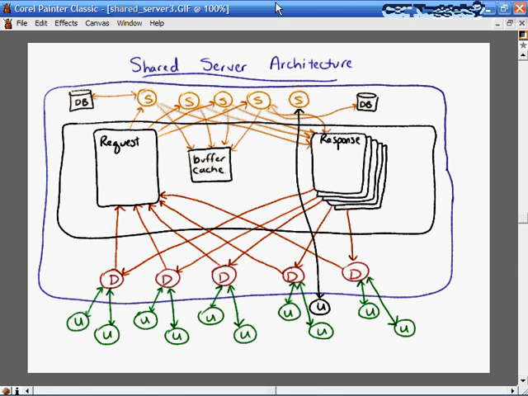Now, if we had every single user on our database doing this, and let's assume that we had 5,000 users, then each one of those users would have its own server process, which could be a really bad thing. We could spawn too many processes and run out of memory. Did you know that in a dedicated server environment, this server process is usually sitting idle about 70% of the